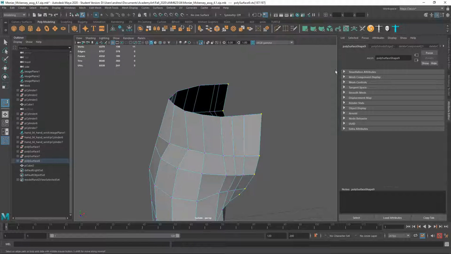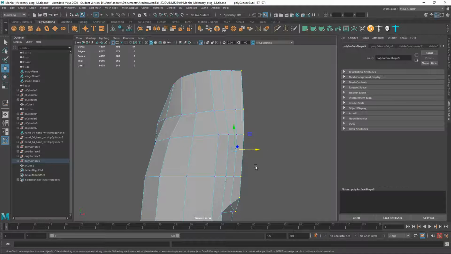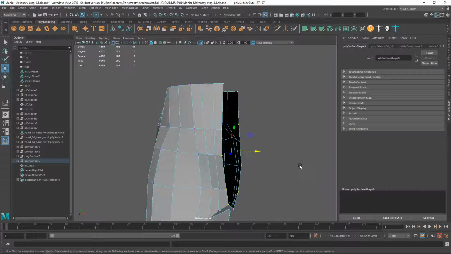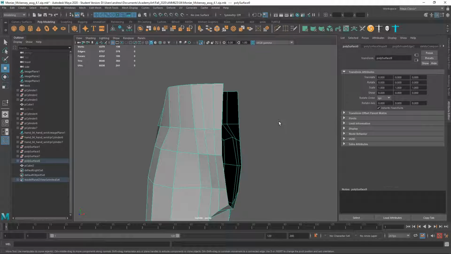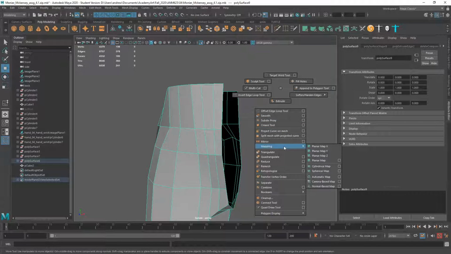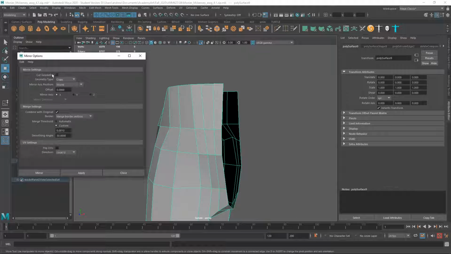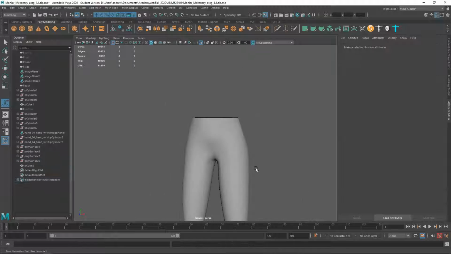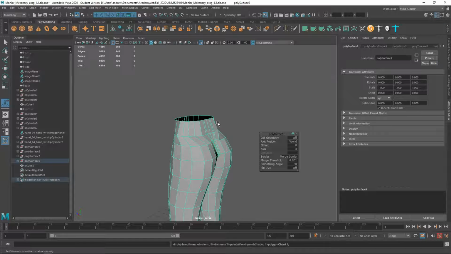and again, let's go in move mode and 0 in the X direction. And now, yeah, I've got some spacing there, and that's centered. This isn't looking great. And so now that I've done that, I can mirror properly. Shift right mouse click, mirror options, turn cut geometry off, turn combine with original on, merge with border vertices, custom, and I like to use 0.001 mirror. Okay, so now the topology at least is clean with that, but I think the shape is a little funny